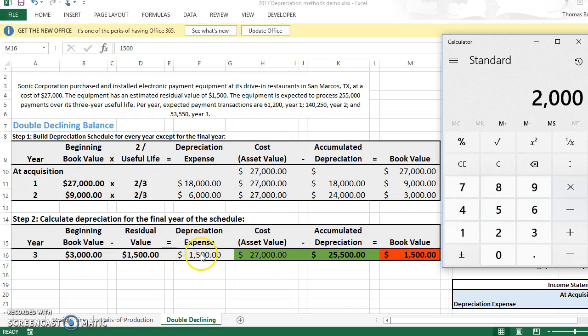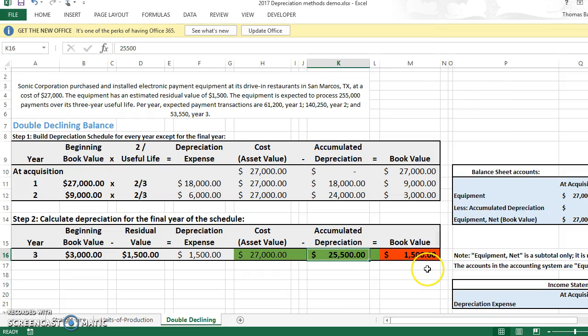The problem with that is, if I had $2,000 of depreciation expense in year 3, that would make my accumulated depreciation, follow along with me, $24,000 last year plus the $2,000 this year equals $26,000, which is too much. So I can't use the same formula because it doesn't get me to the finish line of the accumulated depreciation equaling my depreciable cost. Remember, you got to know that term, depreciable cost, and my book value